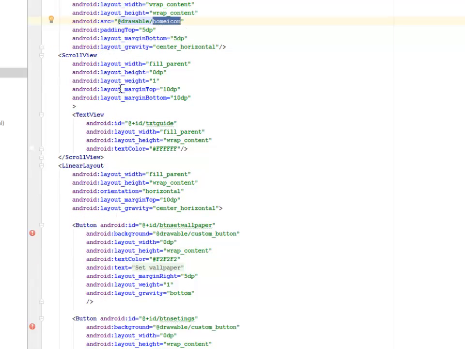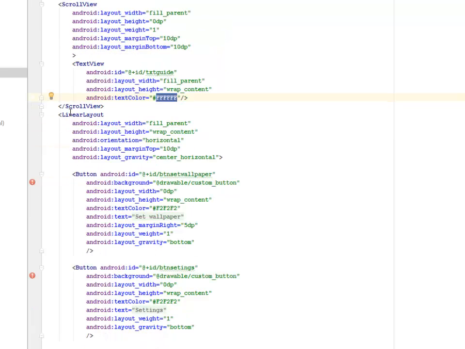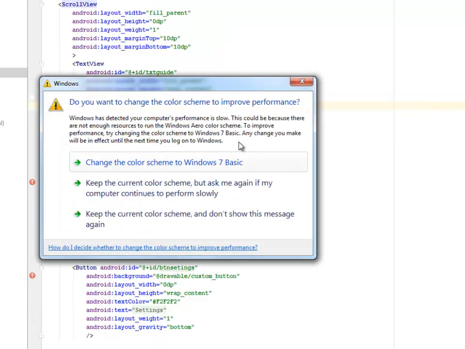Now we have a scroll view that has a layout width of fill parent and a height of 0dp, with a layout margin top of 10dp and a margin bottom of 10dp respectively. In the text view, we assign an ID called txt_guide, with the color of white, FFF. We have to close the scroll view,